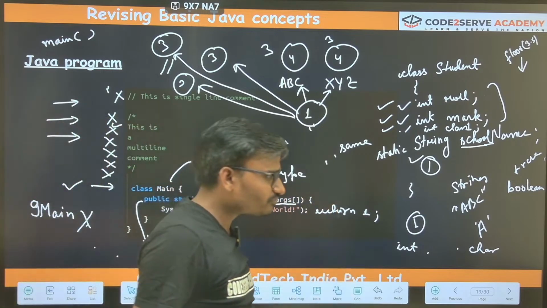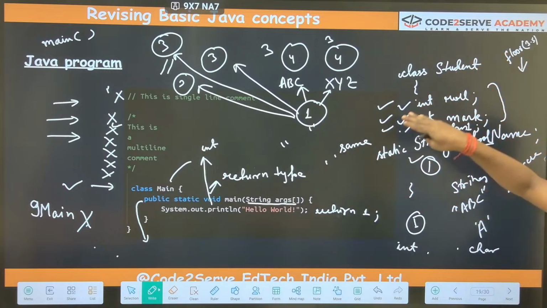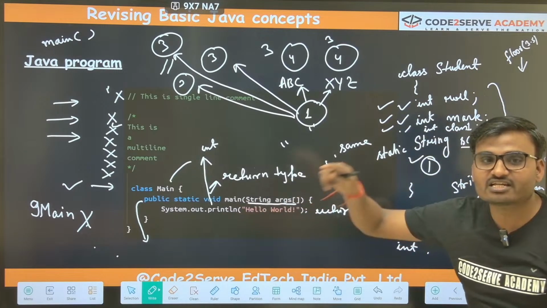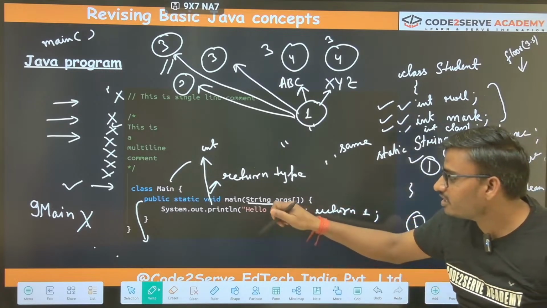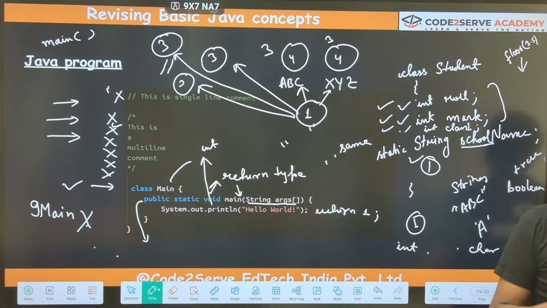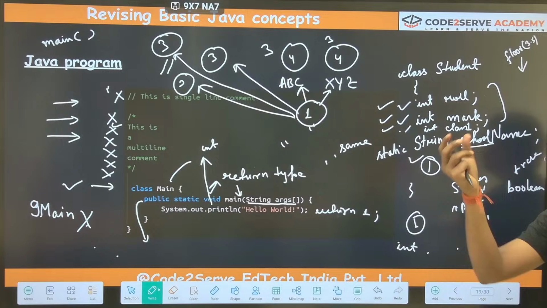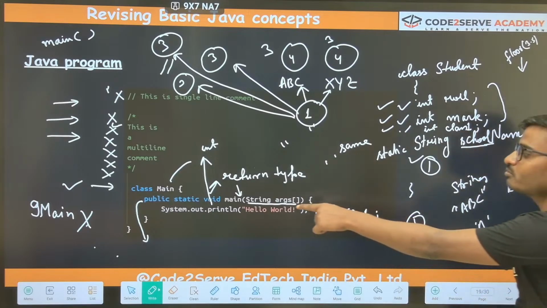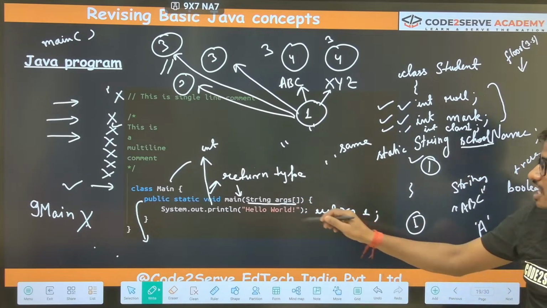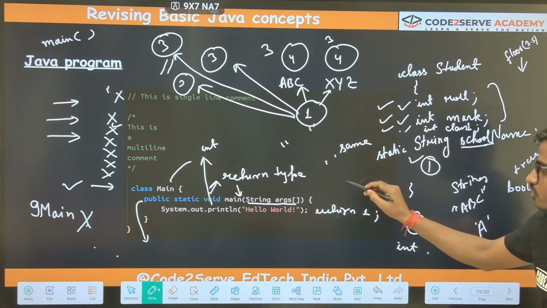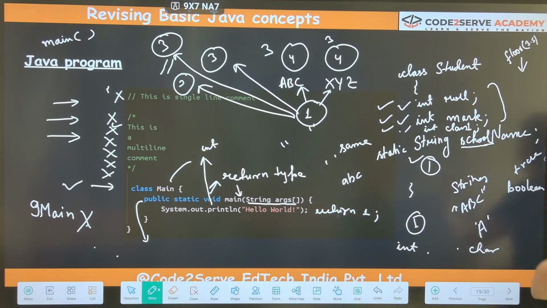Actual and formal. Whenever we call this function, we pass some arguments. So whenever we click on run, internally it is calling the main function, and with that main function, it is passing some arguments to it. Whatever arguments we pass, they will get captured into this args. You have to remember this args is just a name. We can write ABC also. Don't be confused that we always have to write args. It is a name we are giving.